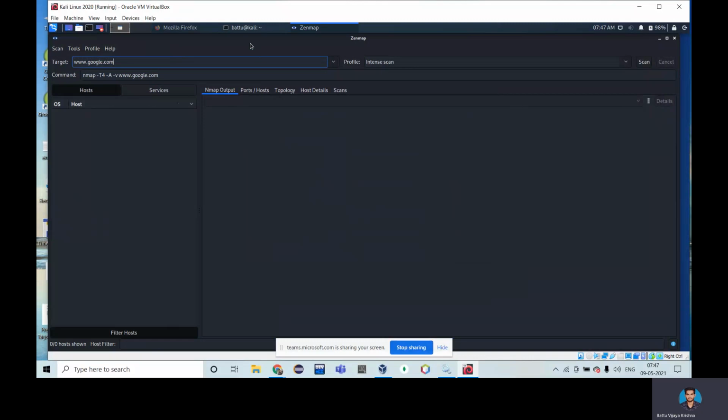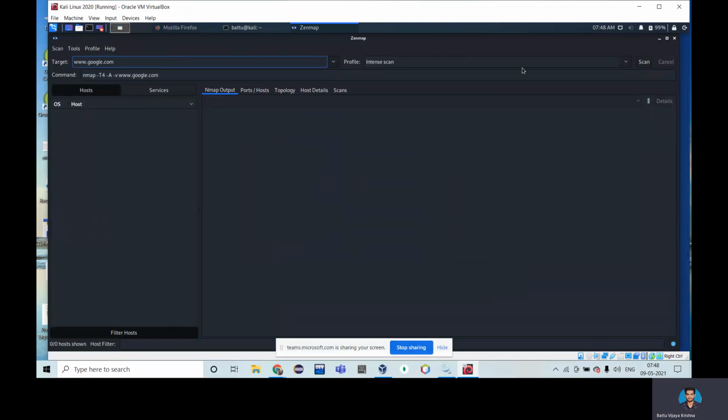In the target, we can search anything we want, either a URL, or if we don't know exactly what the Google URL is from this PC, I typed the URL only. Otherwise we can use a particular IP address, which is CIDR, Classless Inter-Domain Routing. We will provide network fields, or we can provide an IP address with a regular expression, like 192.168.1.*. It will give all the IPs available.